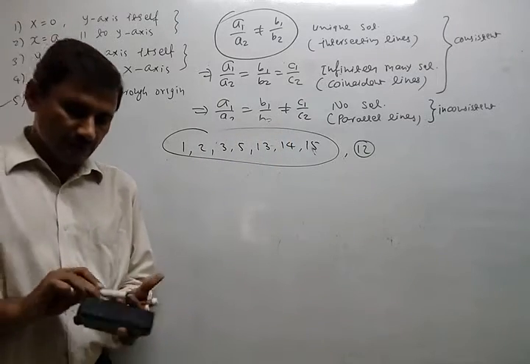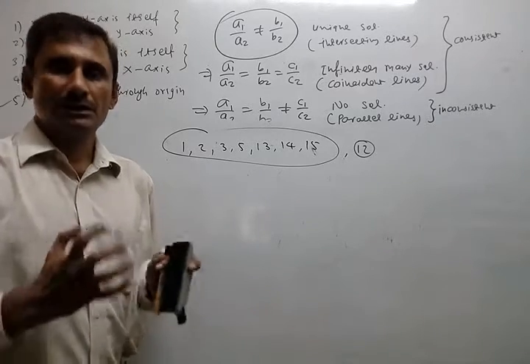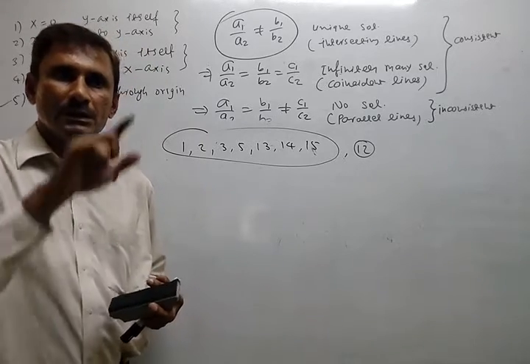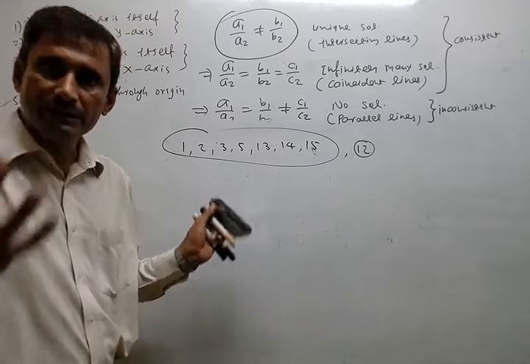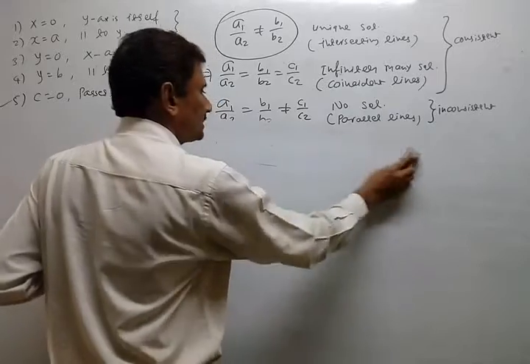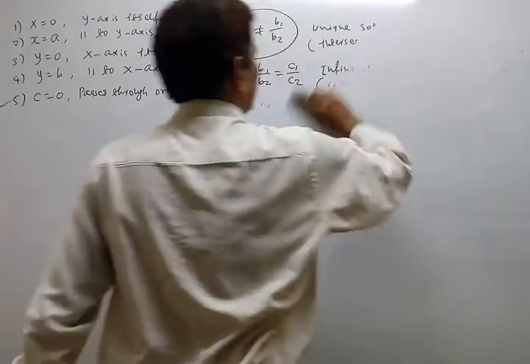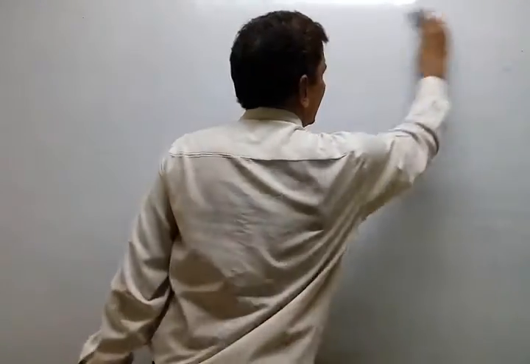Lesson 12 is related to circle or part of circle. What do you mean by part of circle? Either sector, segment or arc. Otherwise sometimes whole circle also. So let us first of all discuss part of circle and whole circle. Okay, so I just removed this one and am just giving you a hint. We cannot start any question from lesson number 12 today. I am just making you aware and doing revision of the circle.